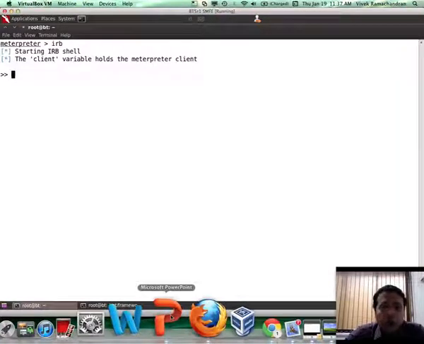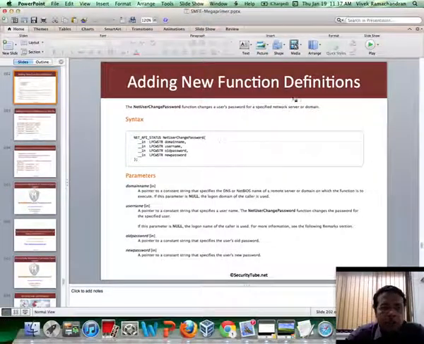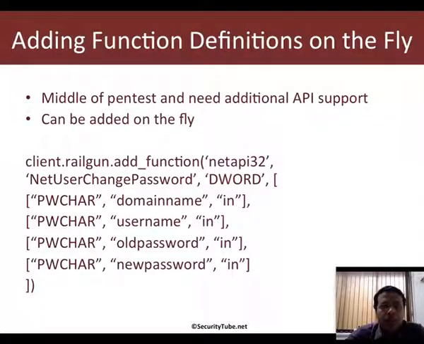Now, when you talk about adding definitions, you can do it in two ways. The first one is to add function definitions on the fly, which is you're already inside a Meterpreter session, right? Probably you may not get another chance to compromise the victim, and you immediately want that specific function to be supported by Railgun. So this is where at runtime you can add the function by using client